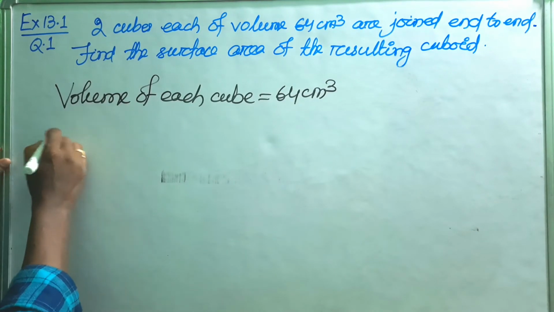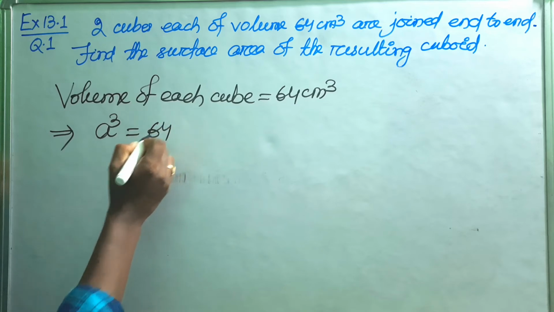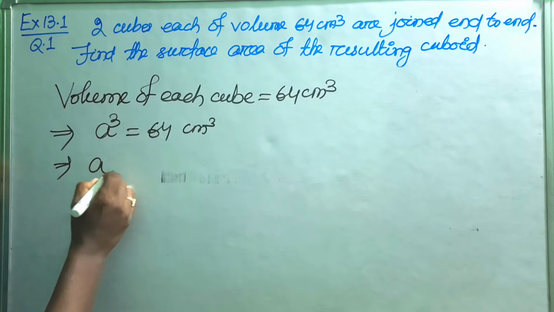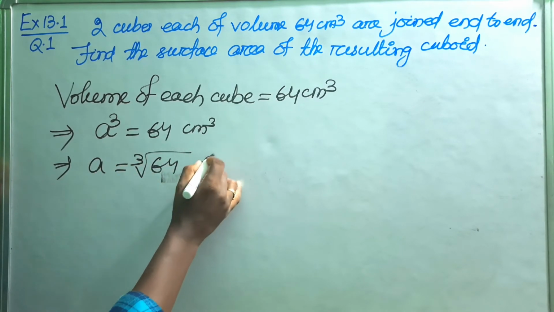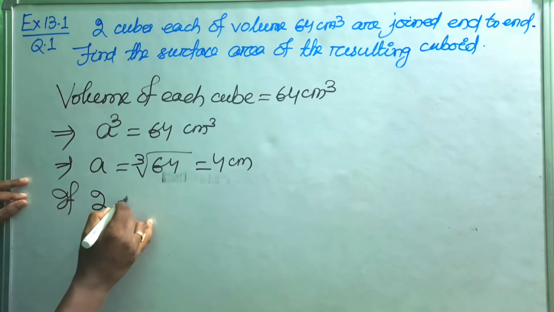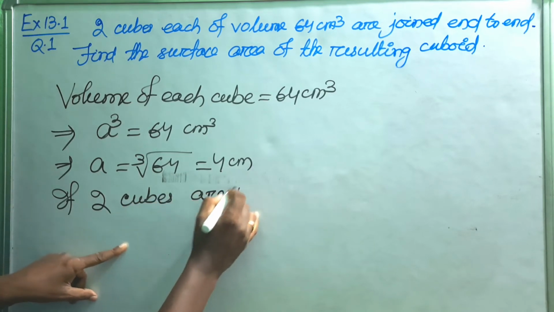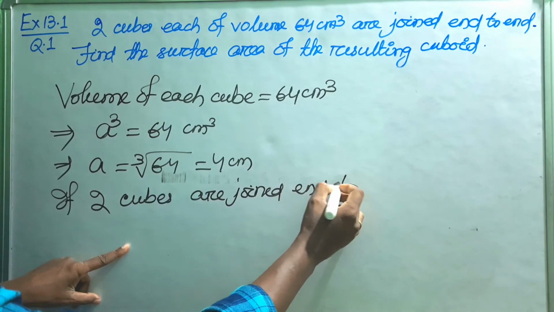This implies a cube is equal to 64 centimeter cube. So a is the cube root of 64, that is 4 centimeter. If two cubes are joined end to end,